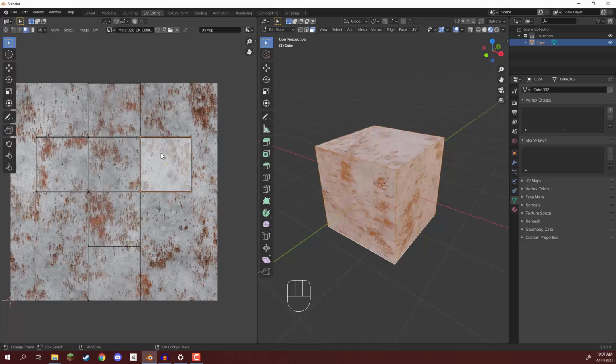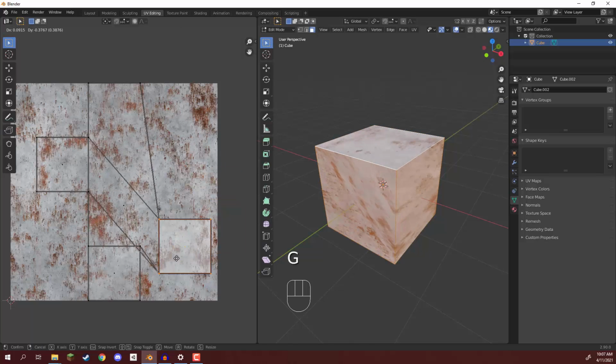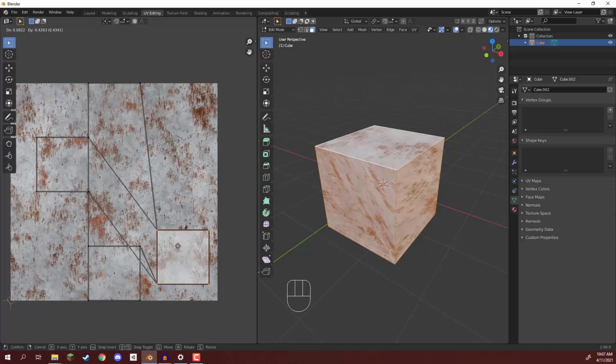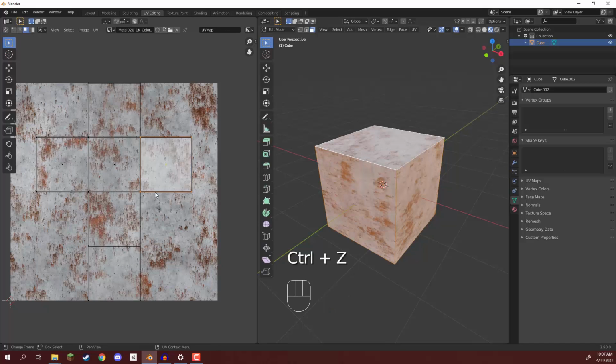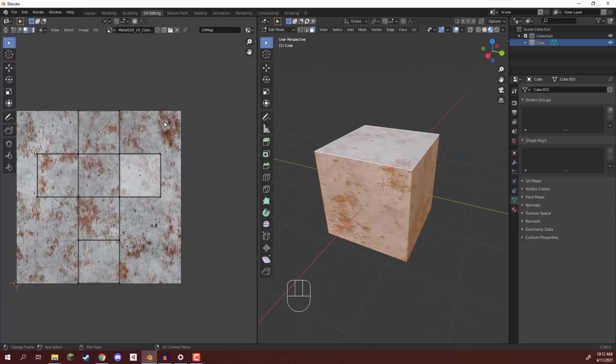for example, let's just say we want to sample this face down here somewhere. Well, if we select that face and press G to move it, you'll see that it drags all the others with it and it just distorts it, not in a nice way. So how can we get this face and disconnect it from the rest so we can move it freely around? Well, in order to do that, what we want to do is go up to the